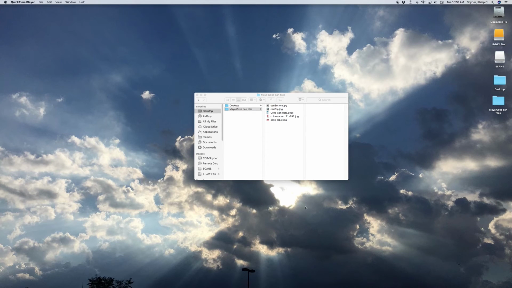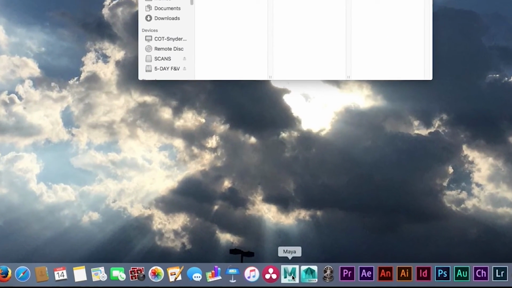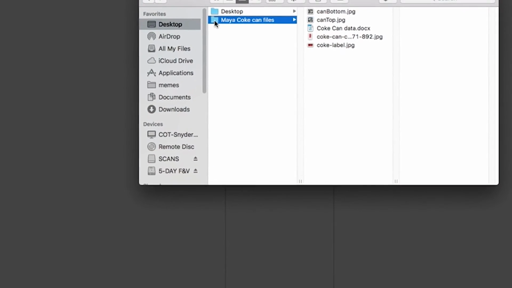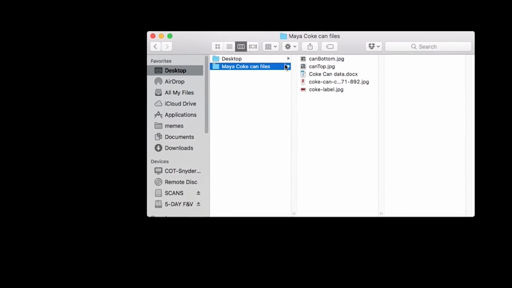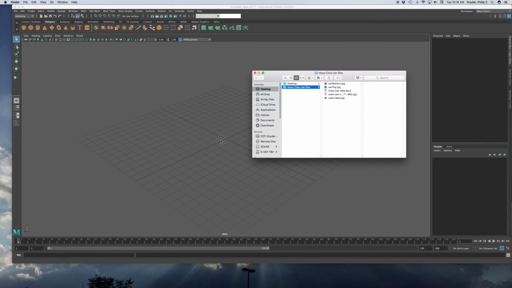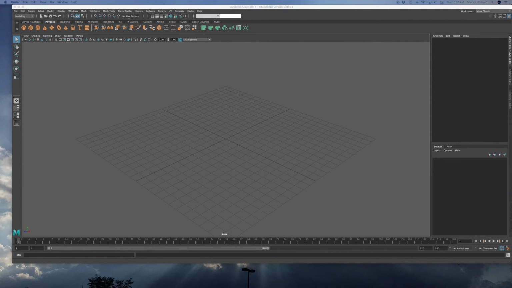First thing we need to do is open up Maya. I'm using Maya 2017. Make sure you locate your folder. You should have your folder Maya Coke Can files. Make sure that they're all the same as what I have. Alright, so here we have